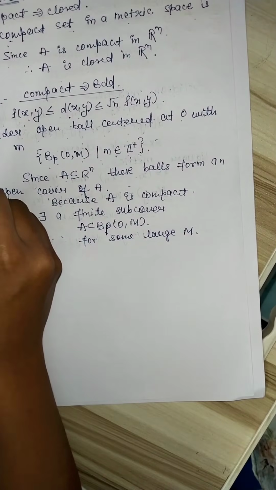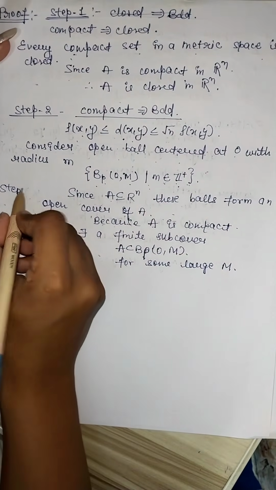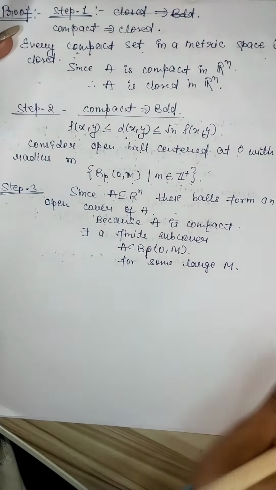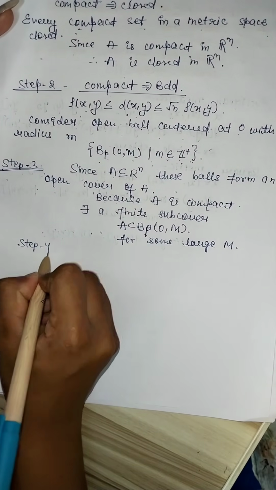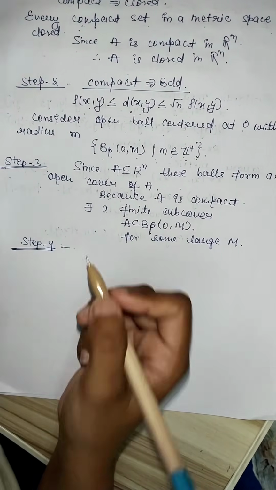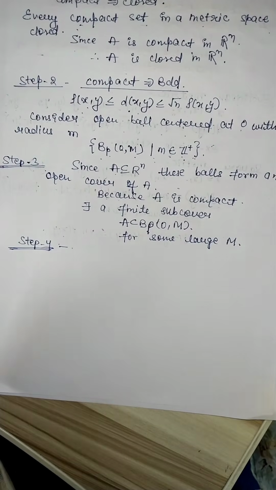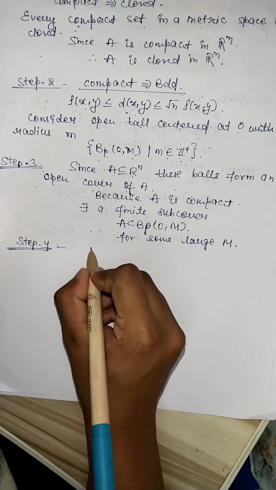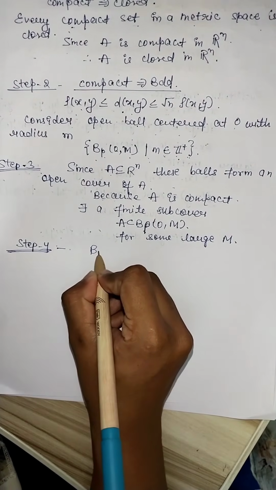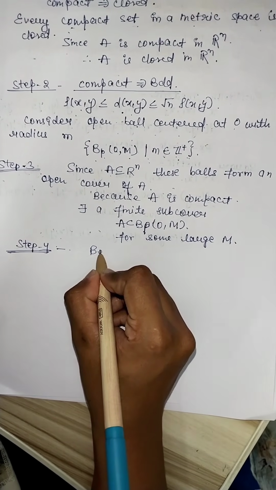Step 3. Now, step 4. We define an open cover in a square matrix as